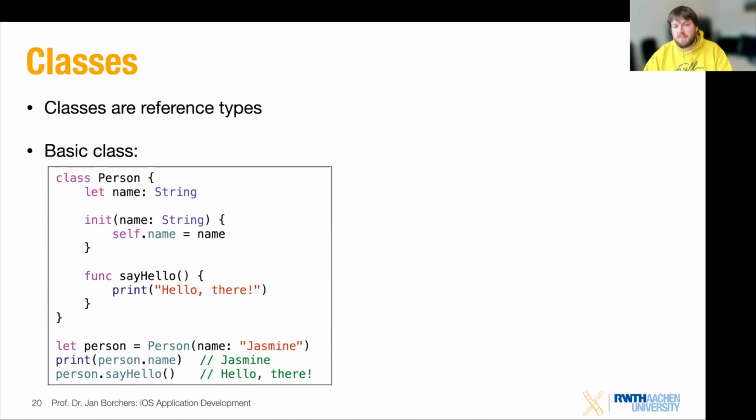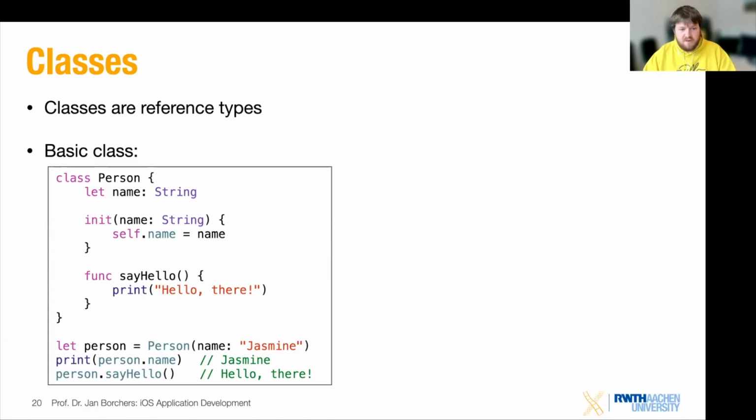And this is also something that is quite interesting to know. This name is a constant, so we have let name, but we don't assign anything to it automatically. This is fine, but then you need to assign it as soon as possible, for example in the initializer, where you specify self.name and assign a name to it. Otherwise, the compiler will complain that you have something that is not initialized.